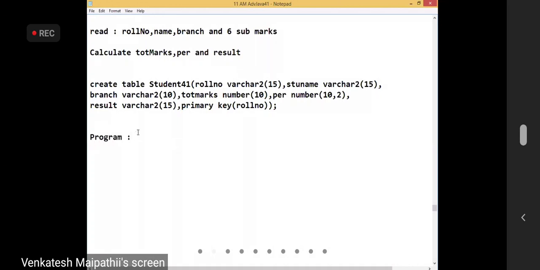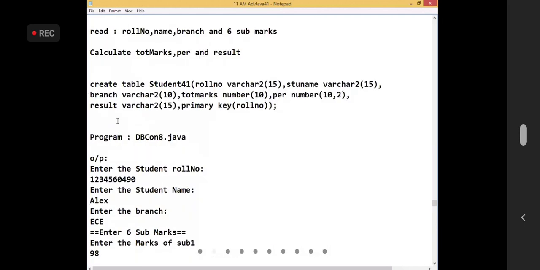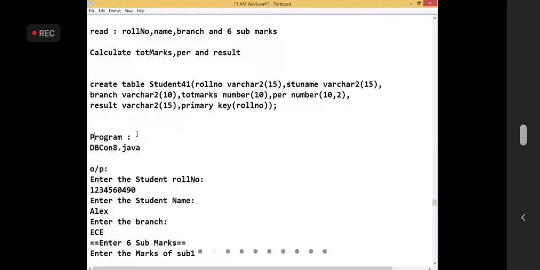Here dbcon 8.java output. Here how many programs I must update here now?